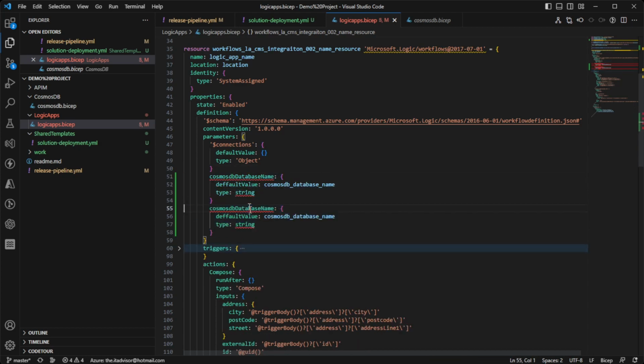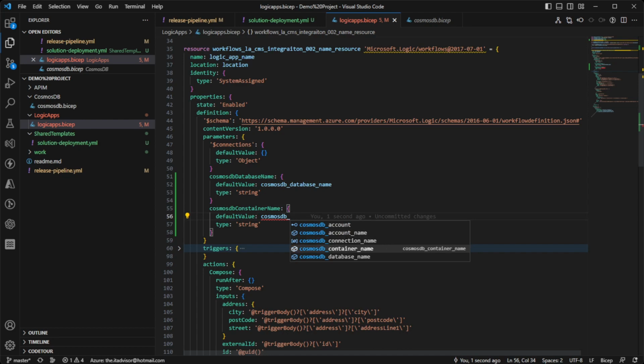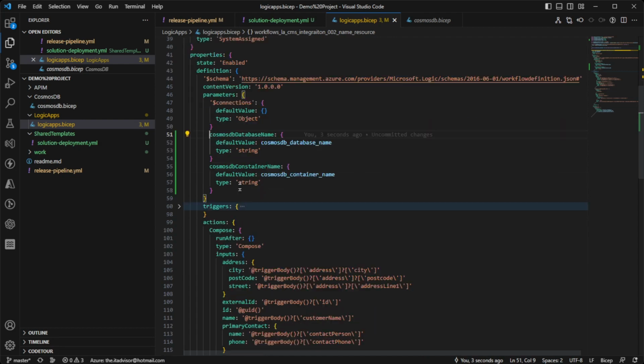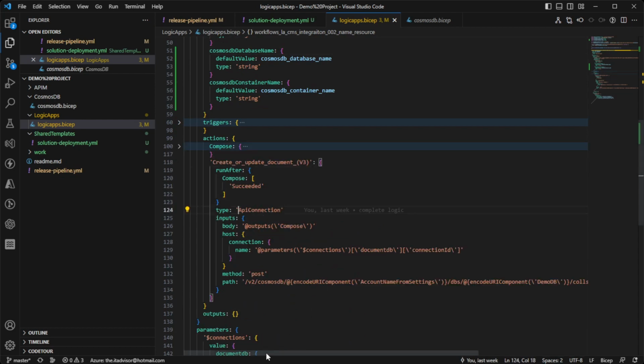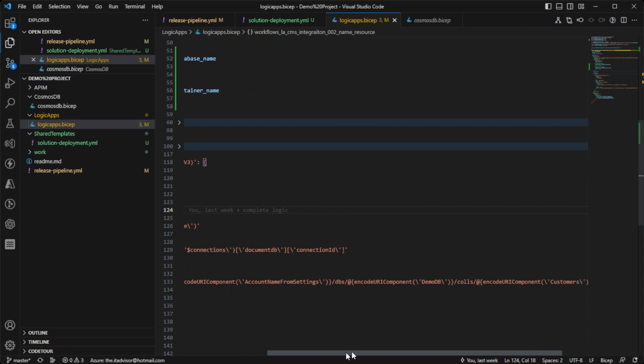and a similar parameter for the Cosmos DB container name. This is an extra F, which I don't need. And the string type has to be taken into quotes. Cosmos DB container name, and I use the parameter container name here, and then I will use this logic app parameter